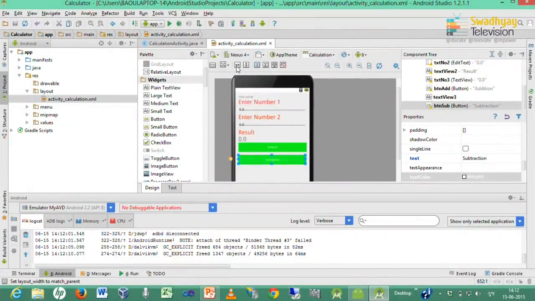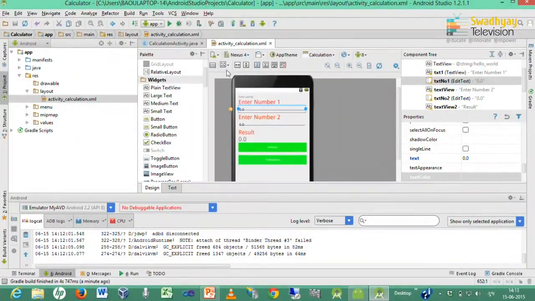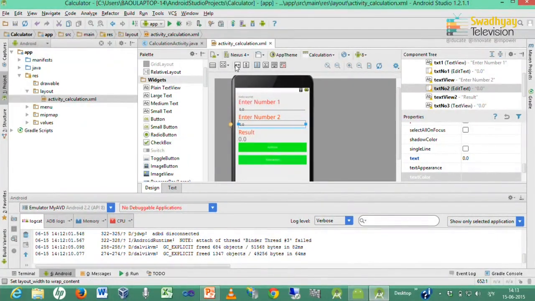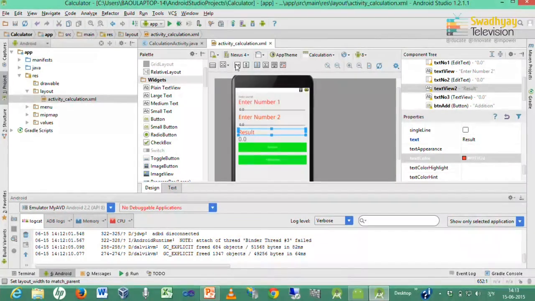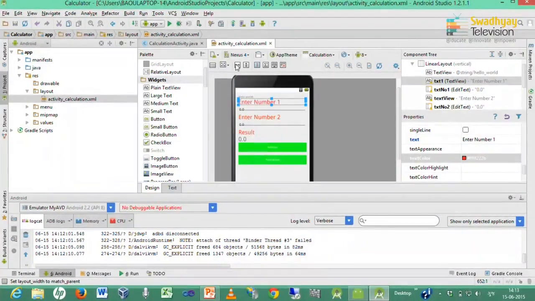By clicking on this mouse pointer icon, you can always accommodate your controls to the screen size. So, I am adjusting every control to the screen size.